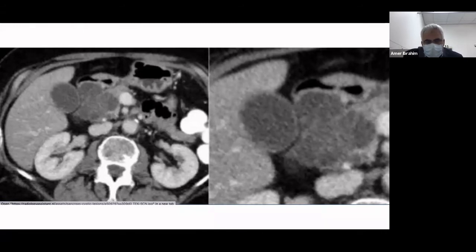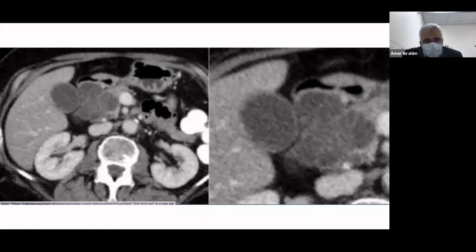It is what we call serous cystadenoma. And serous cystadenoma has a characteristic feature. Here on the screen, we see the same image, but one of them is a bit magnified compared to the other. You can see there is a cystic lesion in the head of the pancreas, and the cystic lesion has septation and has an appearance which we